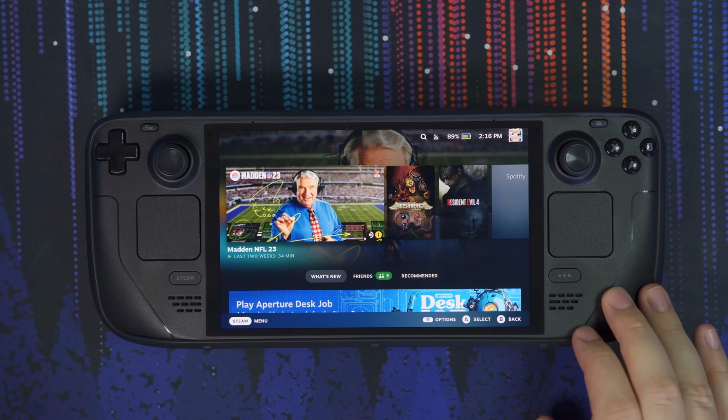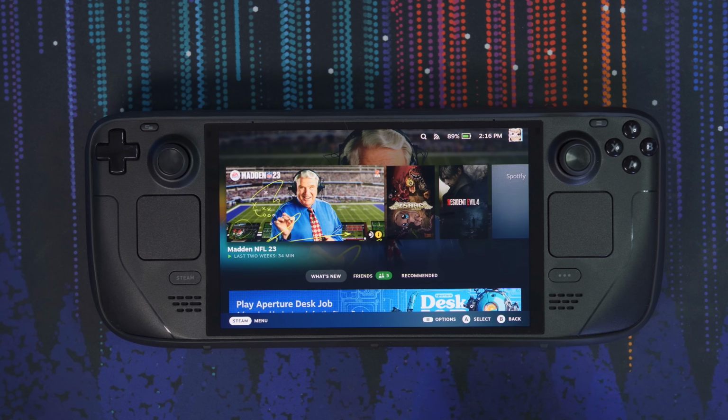It's 5.3 connectivity this time compared to the 5.0 in the original. In everyday use, you're probably not going to notice that much difference, but I can easily tell you the connectivity and the range is a lot better on this one versus my original LCD model. My PS5 controllers, for instance, would disconnect all the time on the original one. Have not had it happen once on the OLED, and just sound quality in general sounds a lot better through